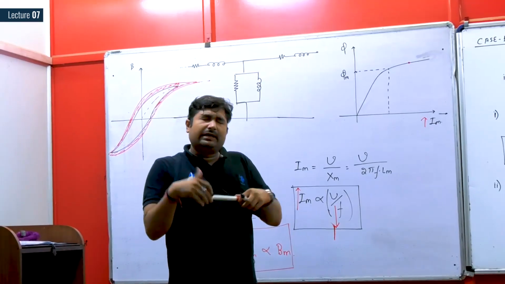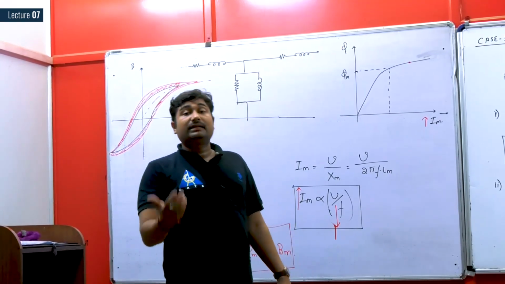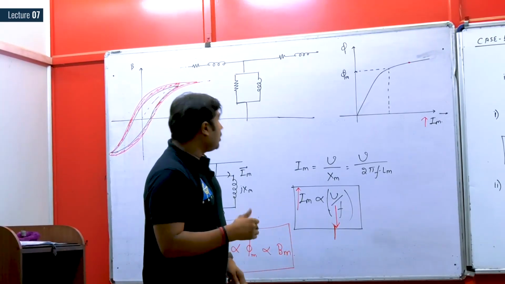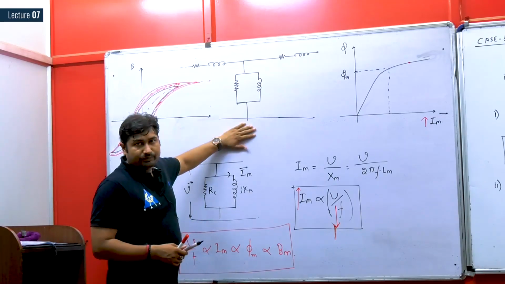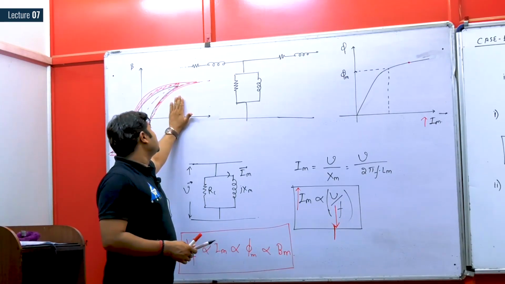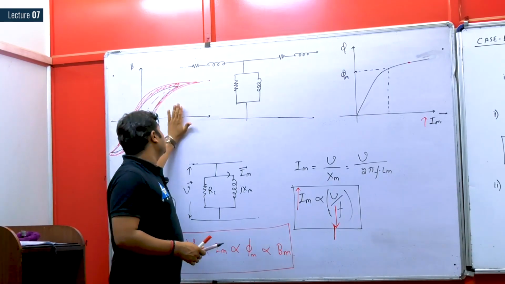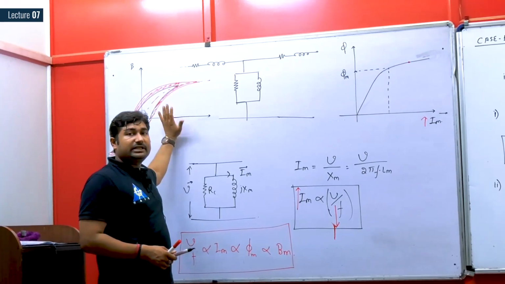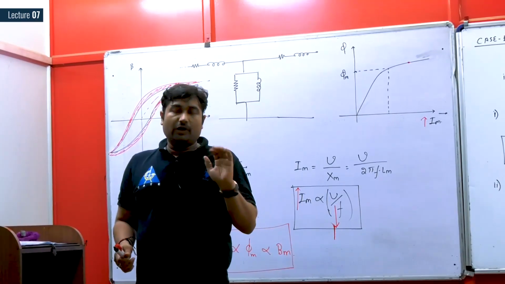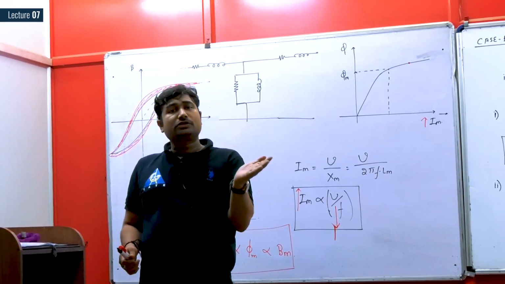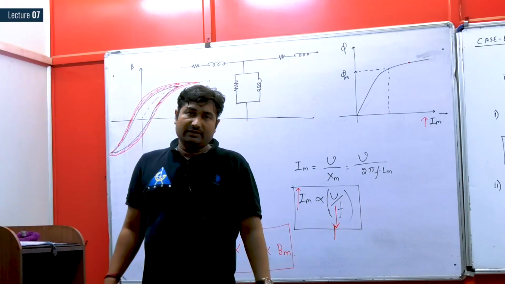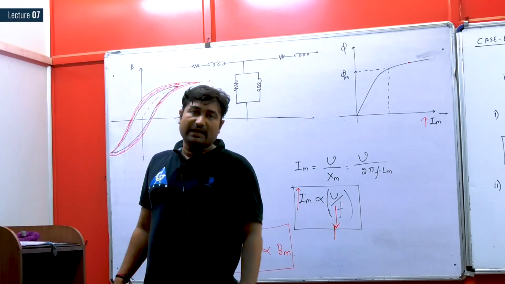Because physically you can understand this. The residual magnetism will become stronger if we are operating the transformer under deep saturation. While if the transformer operates under normal operating conditions, under normal flux region, the hysteresis area under the BH curve is lower because the coercive field required will be lower. Or you can say the dipoles which are aligned in one direction, a smaller number of dipoles are aligned in one direction, which results in less residual magnetism.